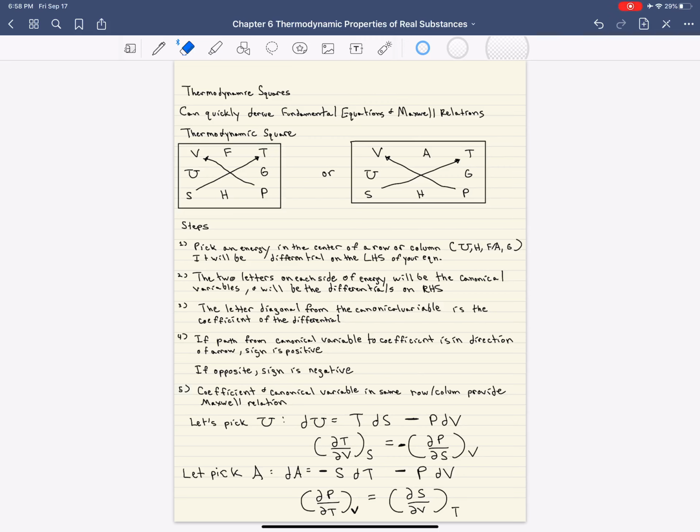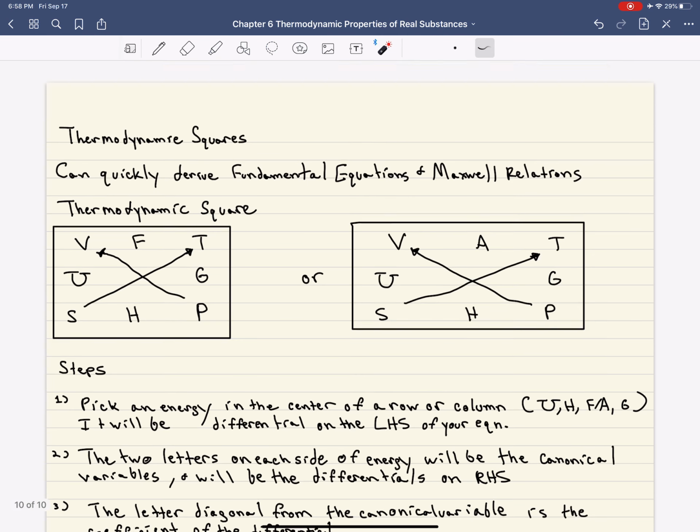All right, and so here we see the utility of the thermodynamic squares. And we see that if we write it in the correct order, we could derive all of the fundamental equations and Maxwell relations that we want. But the critical thing here is you got to write the correct order of the thermodynamic square. Okay? And so, just as a